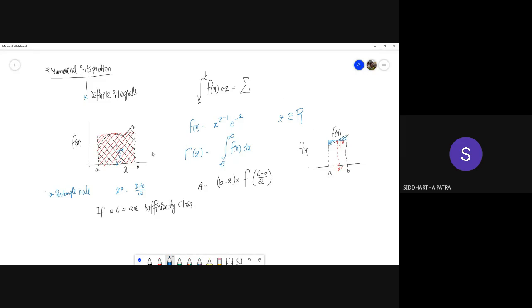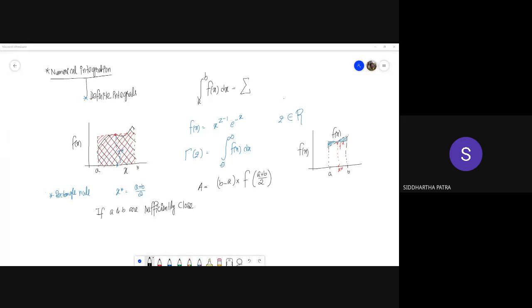Of course, in a definite integral, we are looking for an area under the curve. But how do I make this general? If A and B are not sufficiently close, then how do I make this general? So what we would do is divide. Take this function f of x. If f of x varies like the first example, where it shows sufficient variation between a and b, so much so that it cannot be approximated like a straight line.